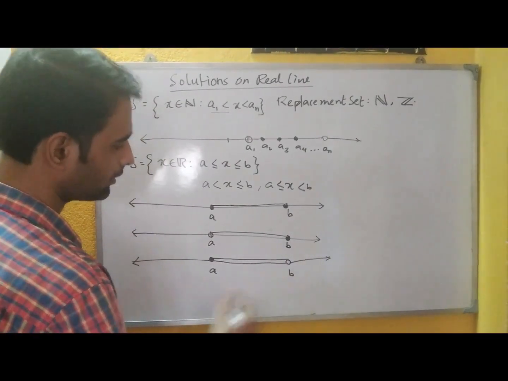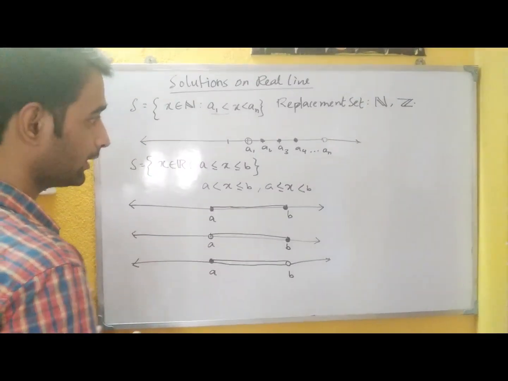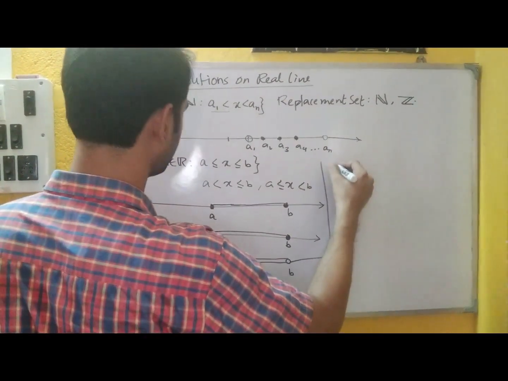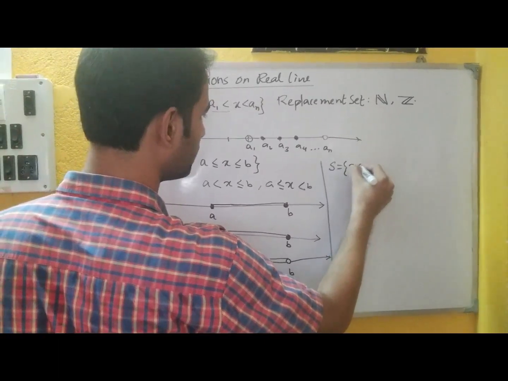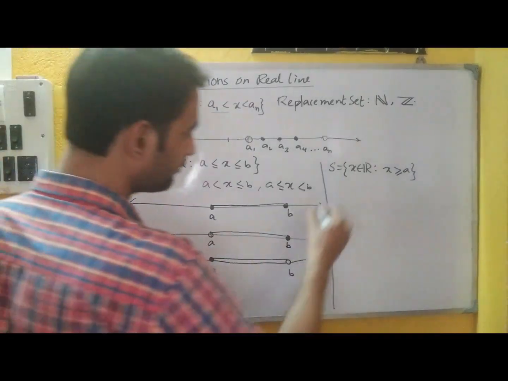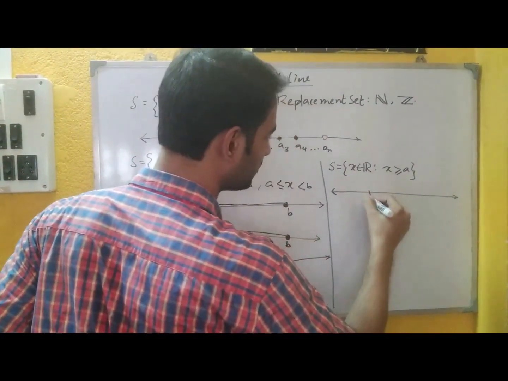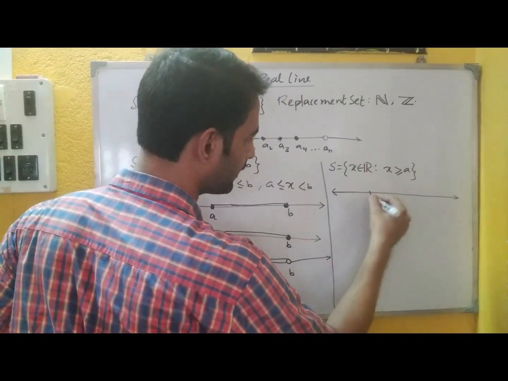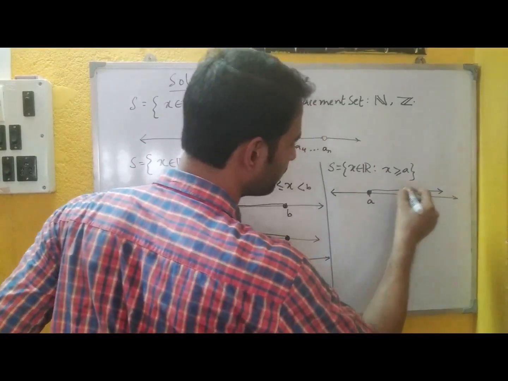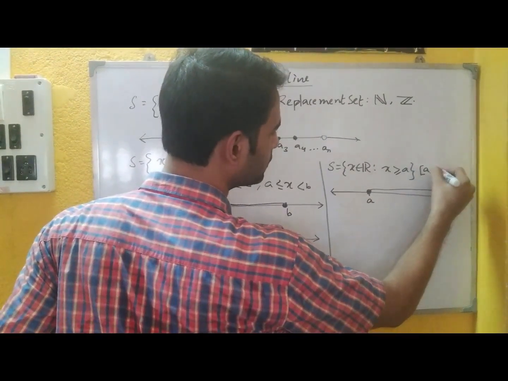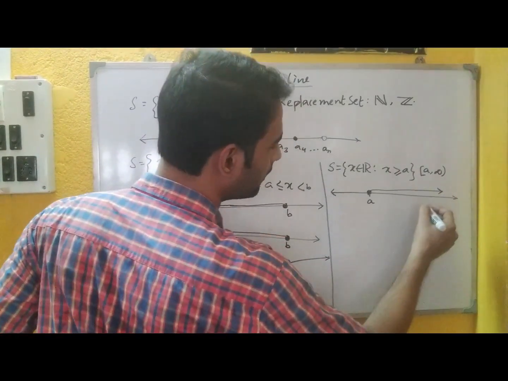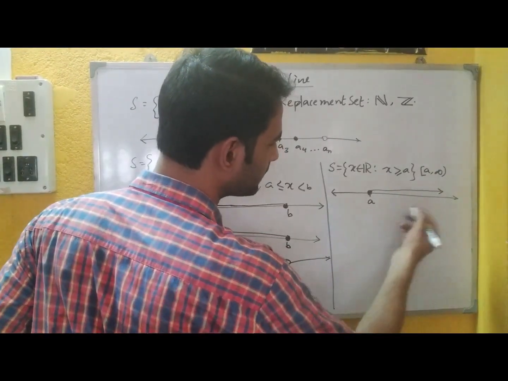This is A, this is B. So now suppose these are in the form of rays. That means the solution set is like this: X greater than or equal to A only. So then what we will do, at some point this is A, since it is greater than or equal, we will darken the point and then give an arrow towards infinity, because this means it is the closed ray [A, infinity). So towards infinity we will give an arrow and express the solution set.